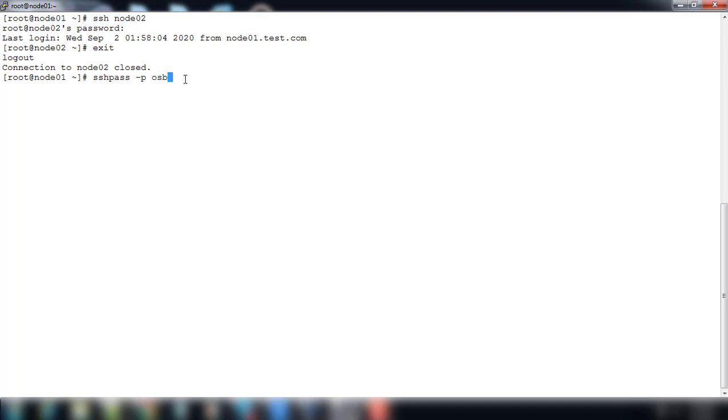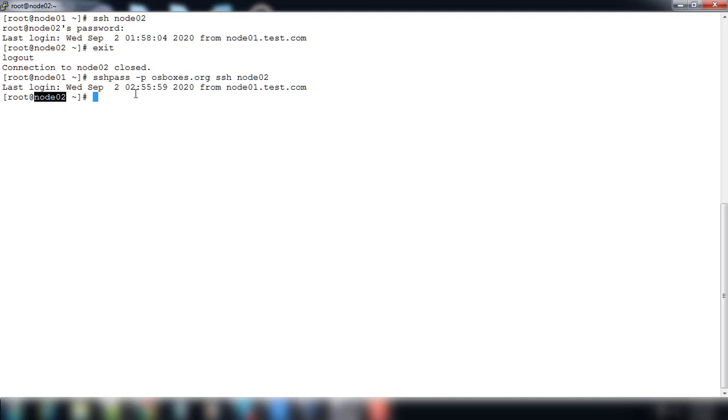My password is osboxes.org, and then I use ssh in the normal way, like username at host, so node02. Whatever SSH options you want can be used here. Press enter, and we are in node02.